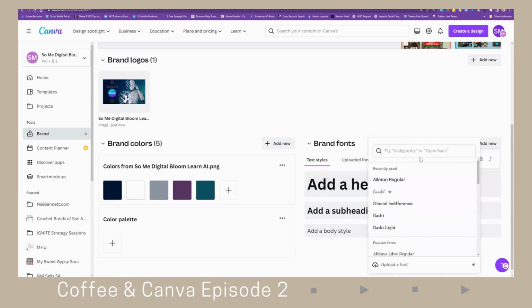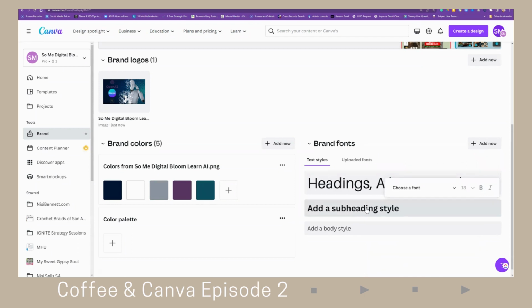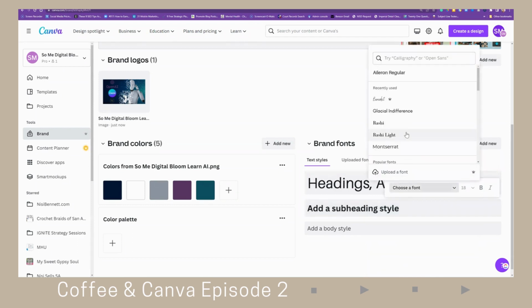So the primary font is like your header font. I recommend making something clean and clear and crisp. This way it's very easy to read. It doesn't matter what kind of medium you're using, you're not going to have a problem. So I'm just going to pick this for training purposes. For the subheading, I do like to choose a script font. Be careful with this because sometimes the script fonts don't come out so well. So especially if you're picking something like Caitlin, it can get a little funky in there. Just be mindful that you want to pick something that you can use across all mediums if you don't already have your own